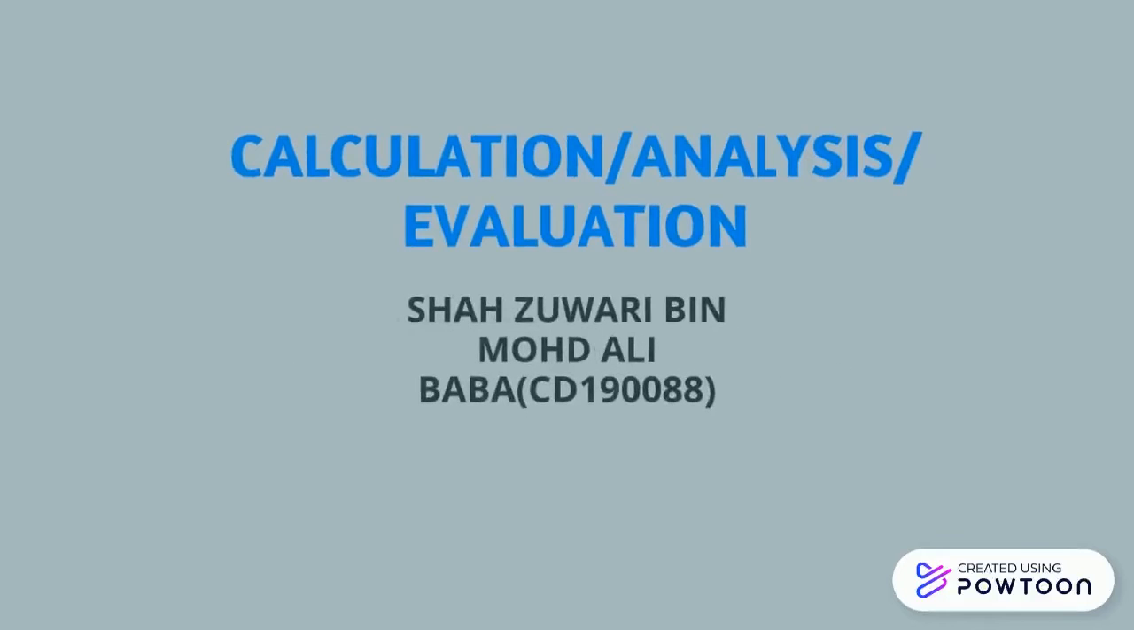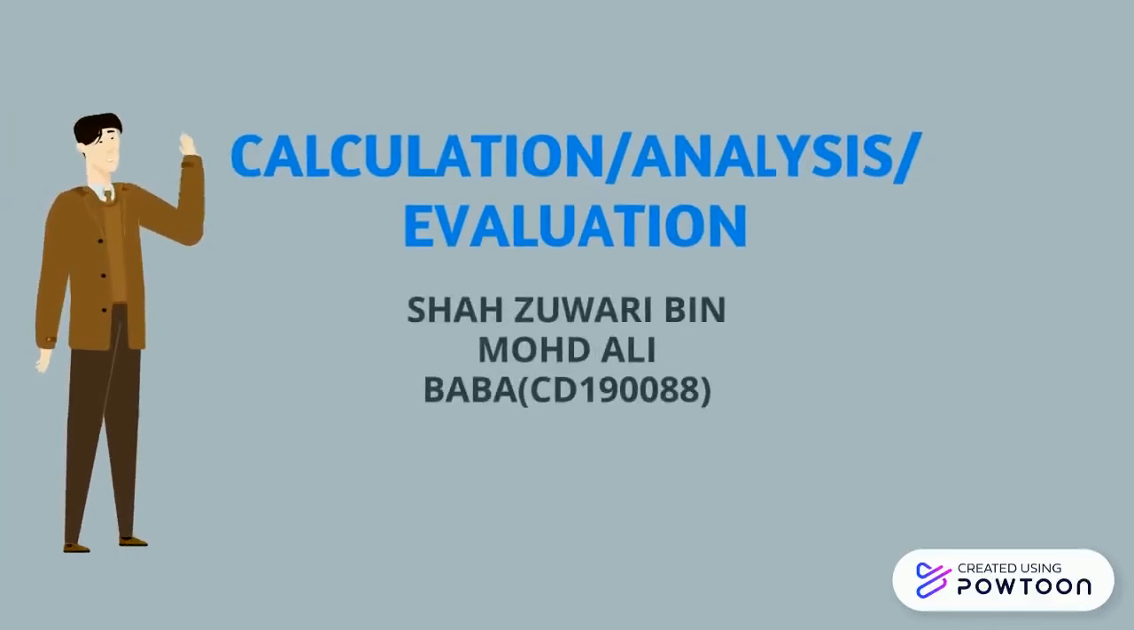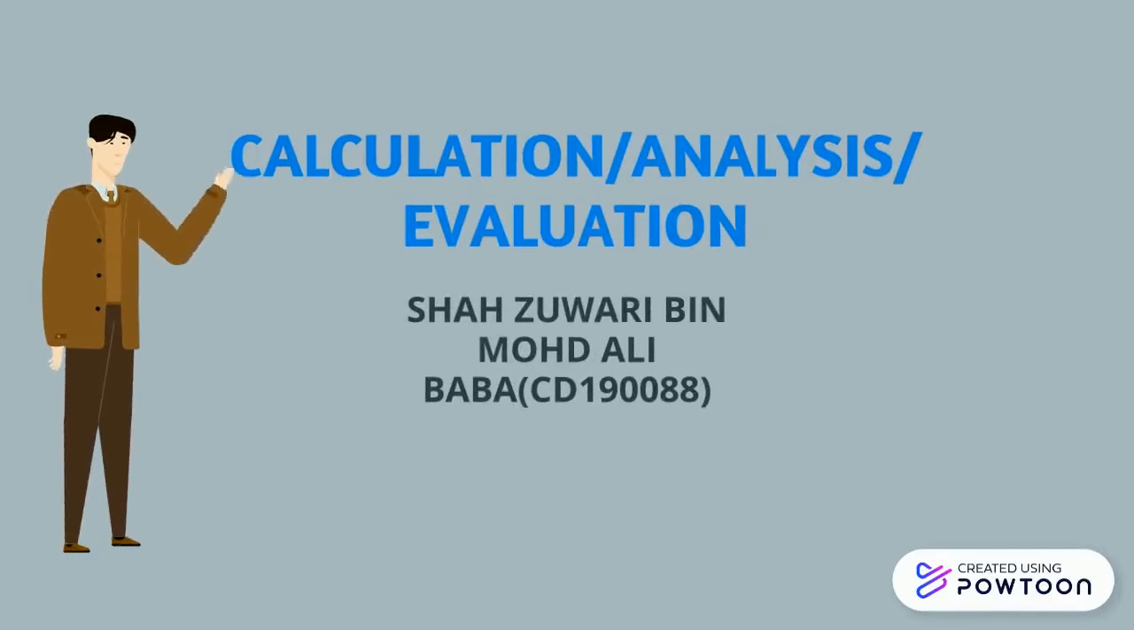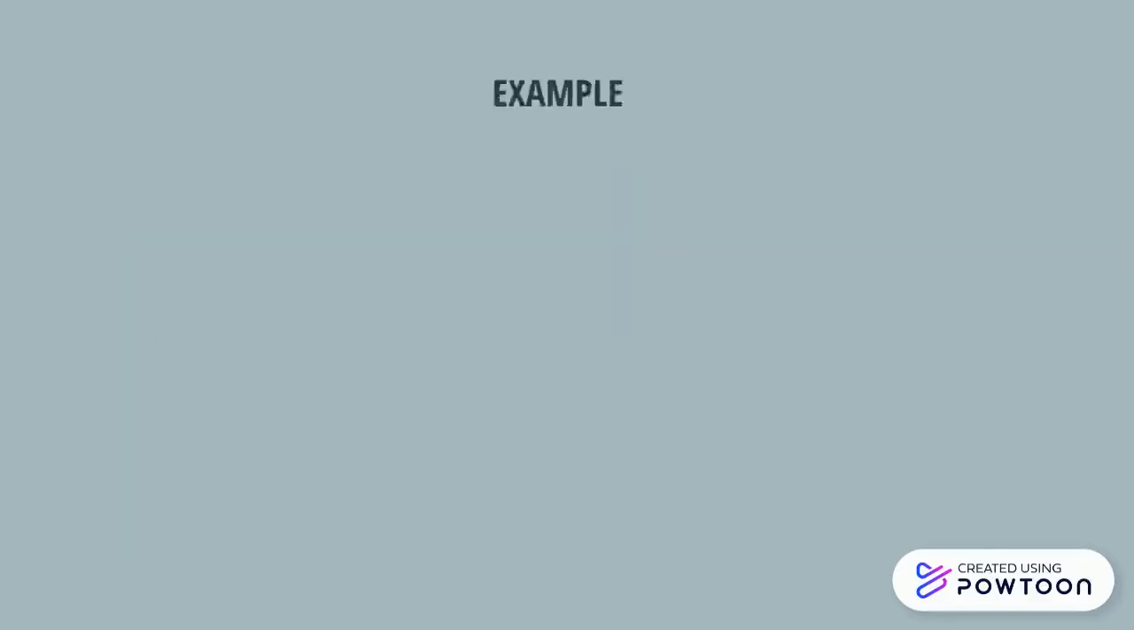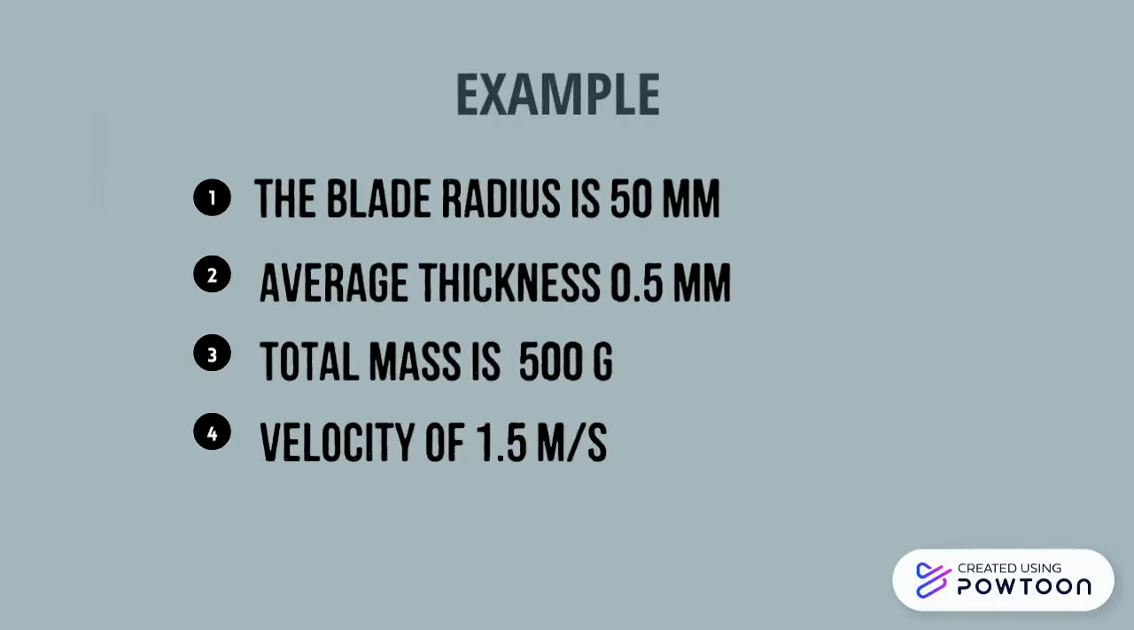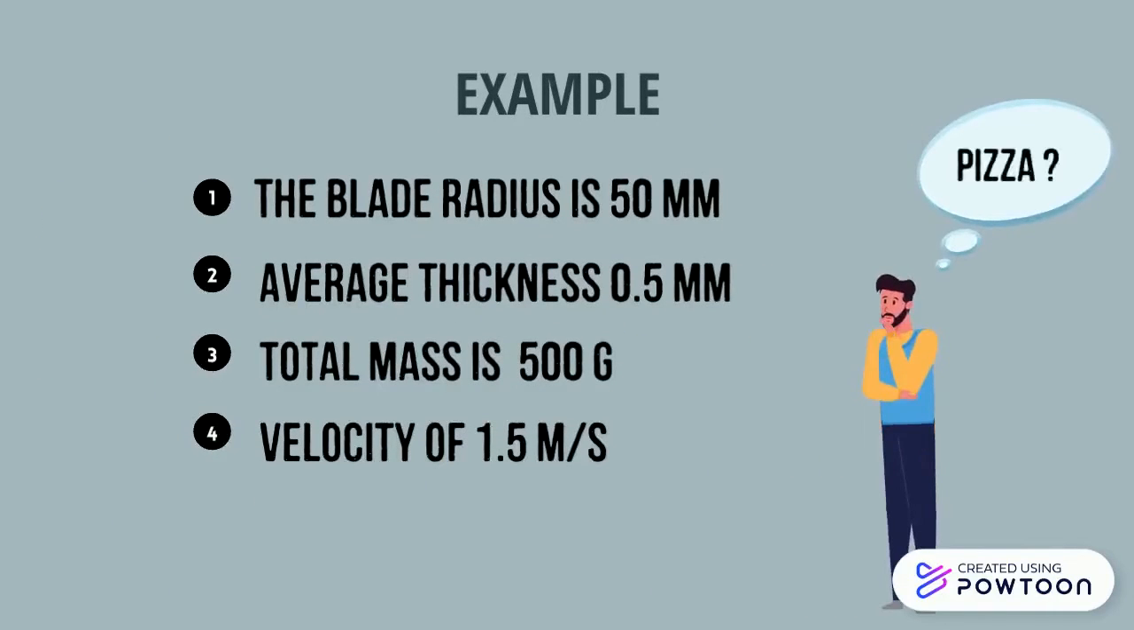Hi, my name is ZUWARI and I'm going to talk about calculation, analysis, and evaluation. A pizza cutter has a driving force at 45 degrees to the cutting board. The blade radius is 50 mm with an average thickness of 0.5 mm. The cutting wheel and handle have a total mass of 500 grams and a velocity of 1.5